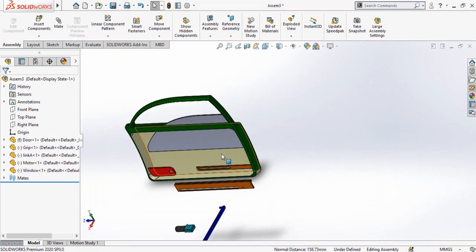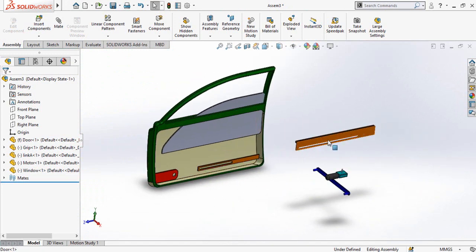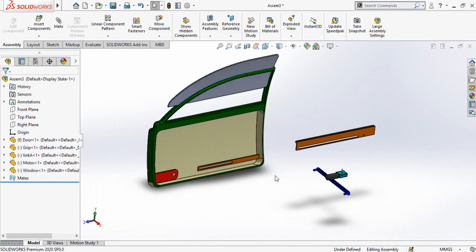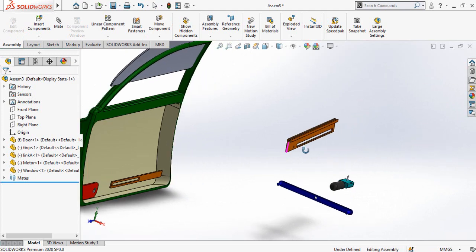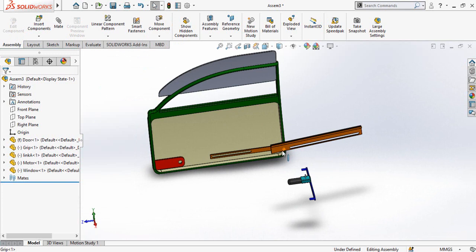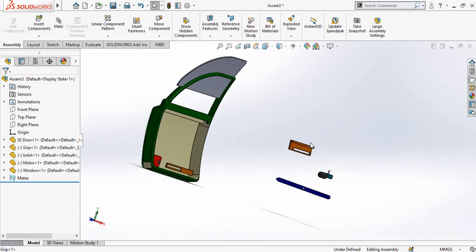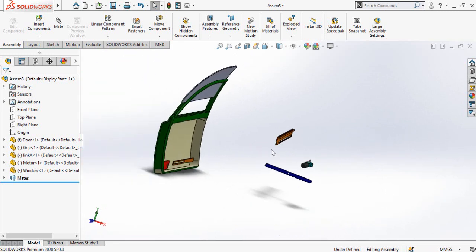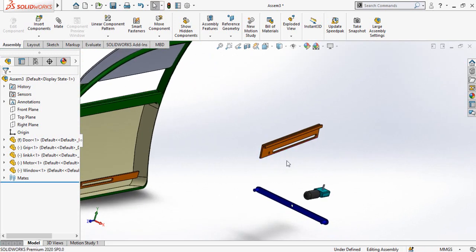So now we have to attach this grip with the window. For that drag the window like here, so we can easily assemble it with the grip. Now rotate the grip like this. Make sure that there are two things that we have to consider. First of all, this hole should be on the left side, or you can say on the front side of the car, and this side should be inside of the car or inside of the door. So you can see the directions.